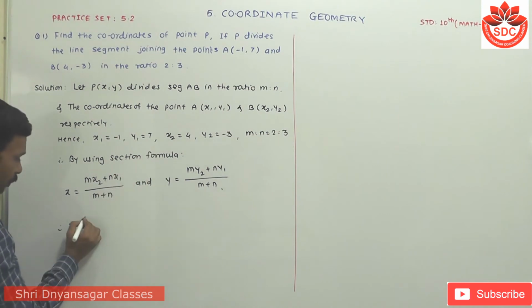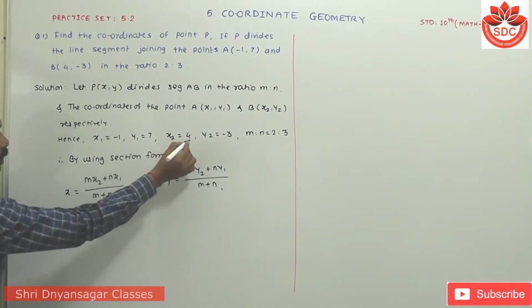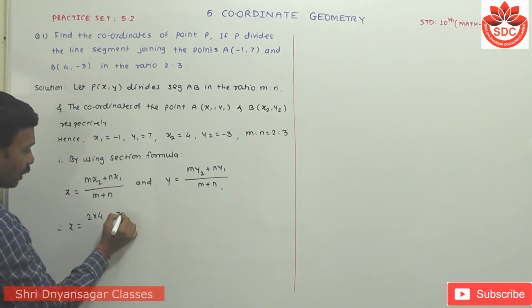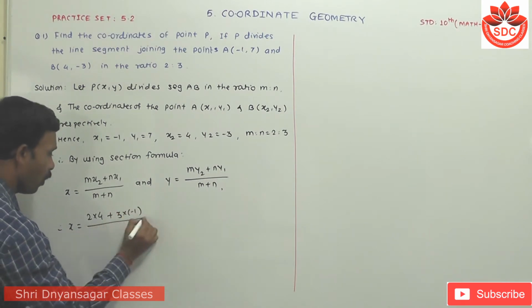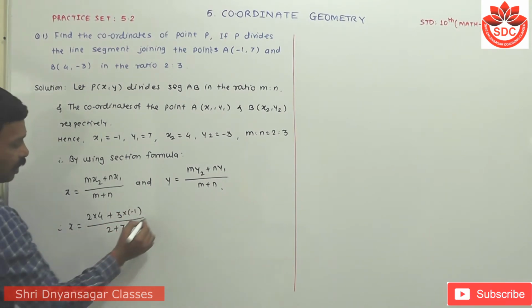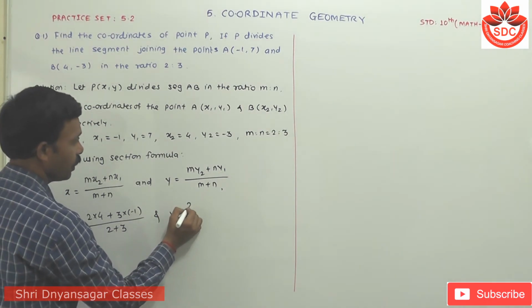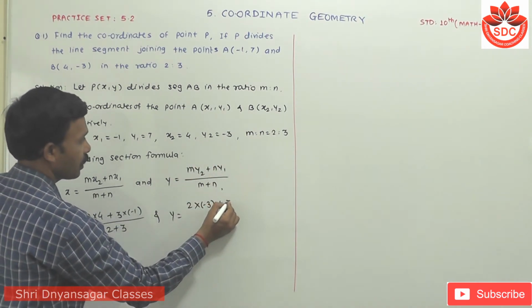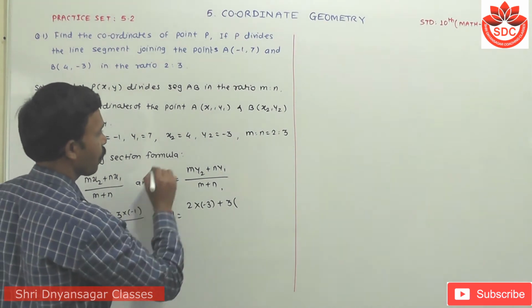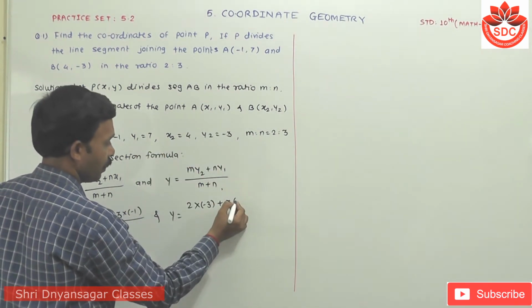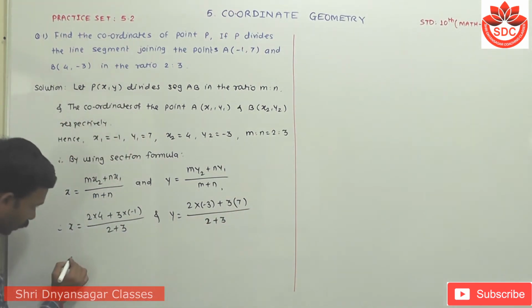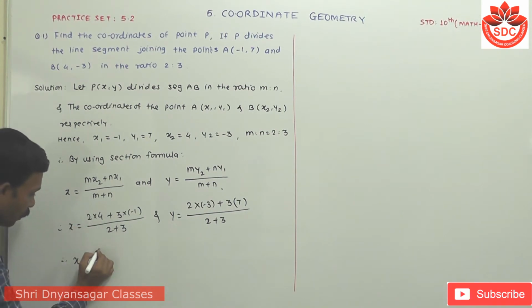Here m is 2, then x2 is how much? 4, plus n is 3, then x1 is -1, upon m is 2 plus 3, and y is equal to m is 2 into y2, how much? -3, plus n is 3 into y1 is 7, upon 2 plus 3. Then student, therefore x is equal to 2 4s are 8 plus minus 3 1s are 3